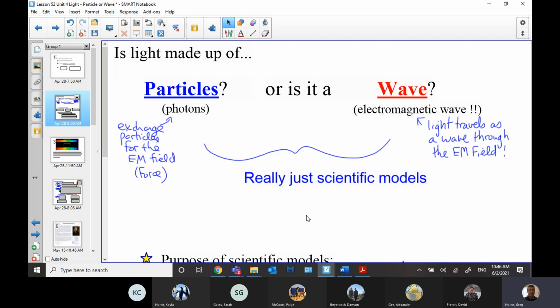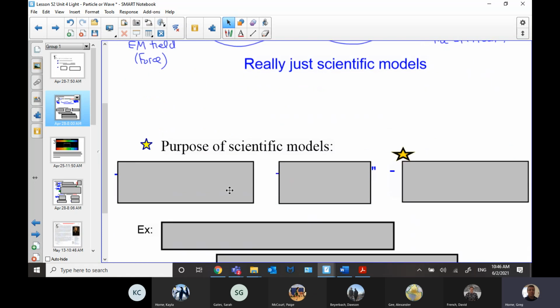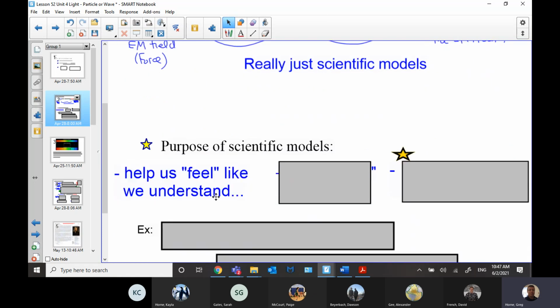Right? So for example, we talk about the idea of electrons orbiting around the nucleus. And then we talked about light, where if the electron absorbs energy, it goes to a higher level, and as it goes down, it releases that energy. It helps us visualize all of that and make predictions about what's going to happen, right? So one purpose is to help us feel like we understand. Like with atoms, we feel like, oh, I get it. There's an electron attracted to the positive nucleus, and so on.